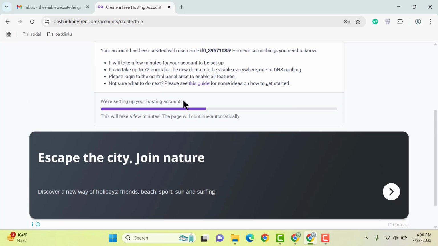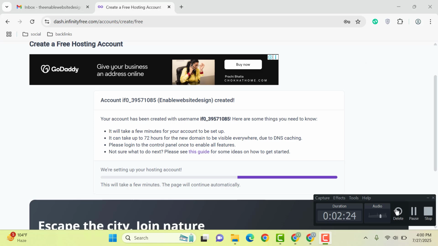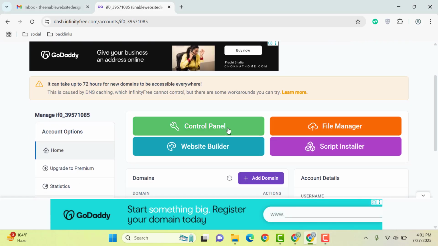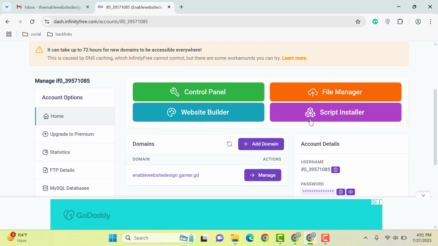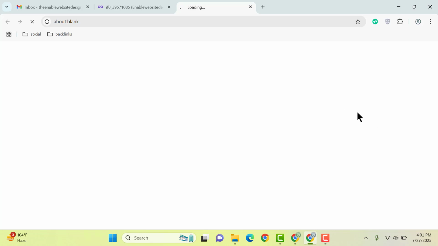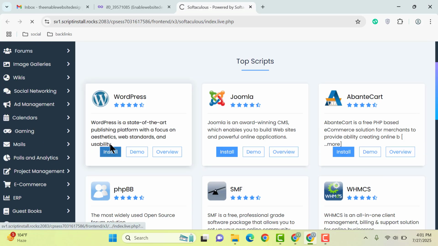Okay, now this is creating a web hosting account, and this one is the username, and now account is created. So here you can see control panel. You can go and install WordPress. You can also install WordPress from here. Simply you can go to script installer, and then you need to install this one WordPress,